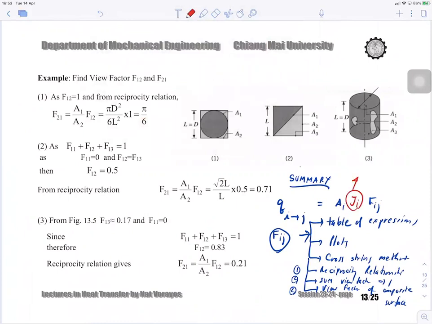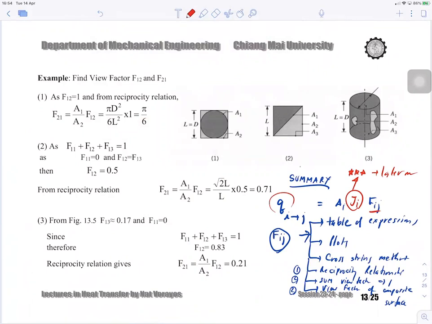I haven't talked about it yet. Okay, but later on, I will show you how to solve for it. But right now you learn how to find the Fij in order to find the Qi to j,